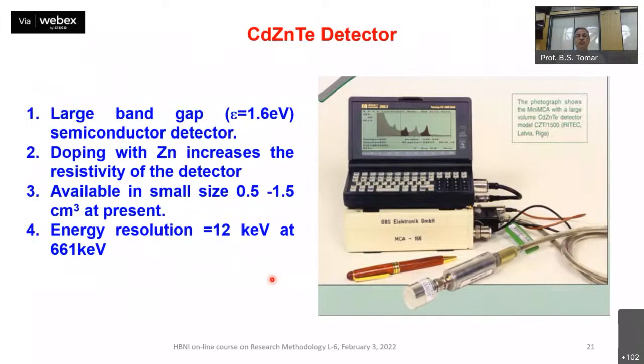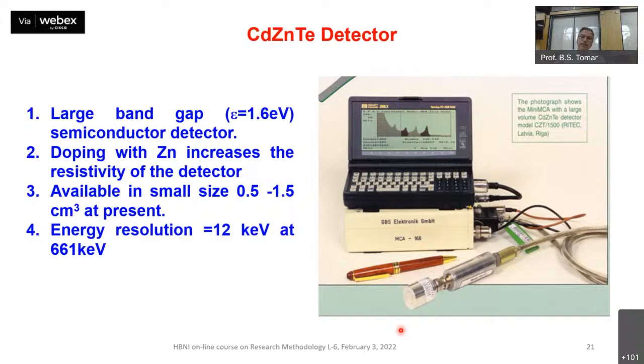So that is where knowledge of gamma spectrometry comes in. If you are working in a basic research area, and if you have the wherewithal to have access to such instruments, we had a detector at that time called cadmium zinc telluride. This is the detector coupled to the preamplifier and the FET based system, and there is a 20 feet long cable that goes to the palmtop PC. And this has a 0.5 cc volume, very small. It is ideal for working in a high radiation field.